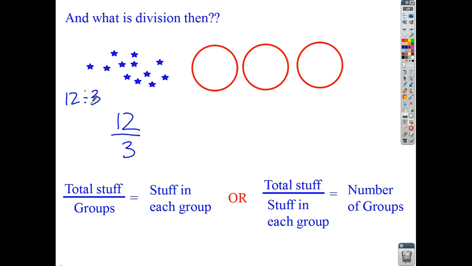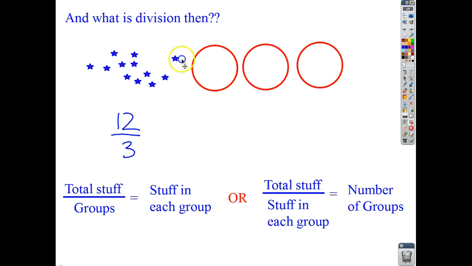This is the more mathematical way of describing grouping. We're not going to be dividing it this way anymore. Using fractions, that's what the fraction is telling us: we're breaking it into groups. So 12 divided by 3, 12 things divided into 3 groups. And then what I'm finding, in this case, is how much stuff is going to go into each